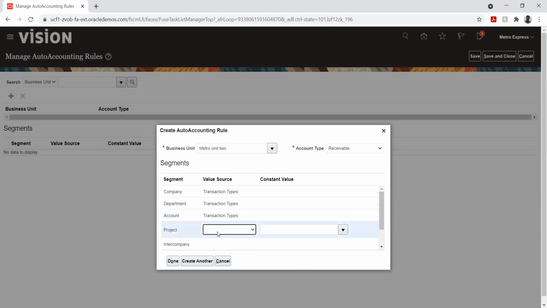Since we gave it in the transaction type, I'm just giving the same thing. So you can pick, let's say for company you gave transaction type, and the rest of them can have different sources.